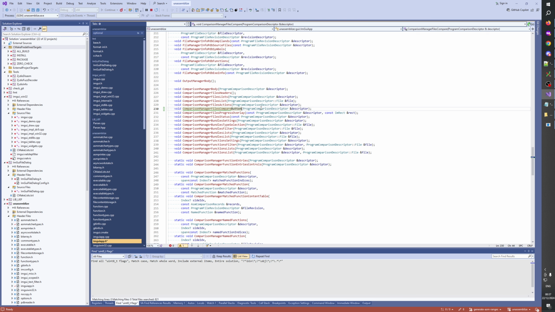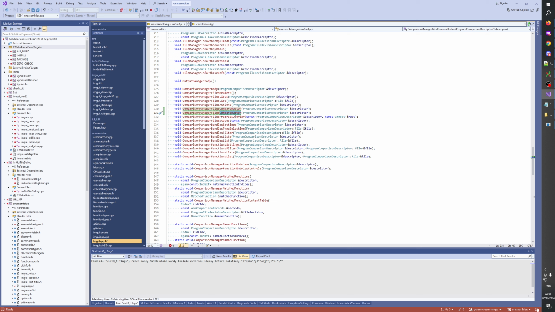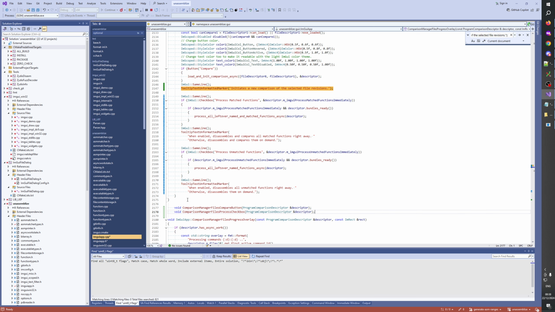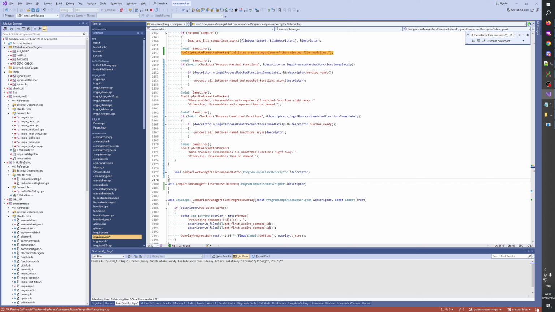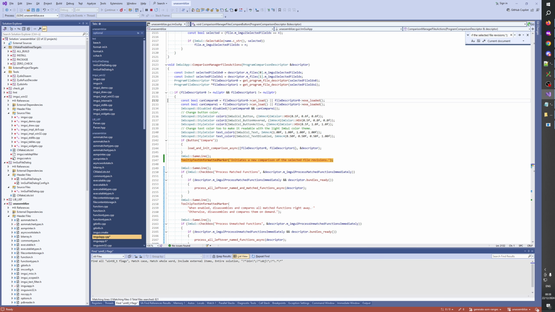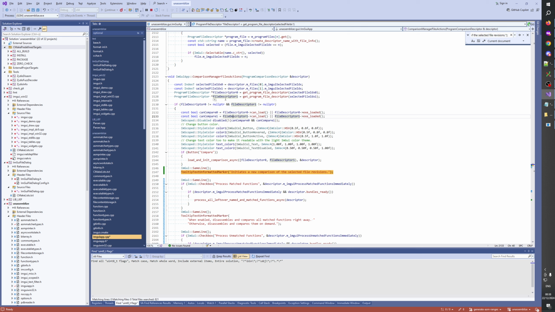Compare button, process checkbox. So I would say we put this guy file descriptor 0. Program